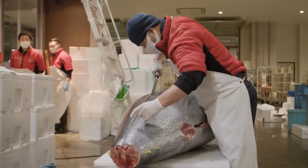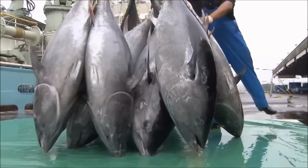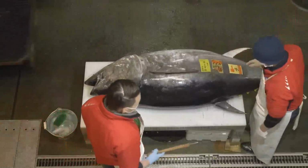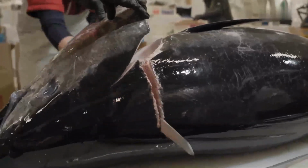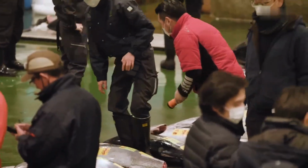Bluefin is the most expensive kind of tuna because it's the largest, high in fat, and so rare. They're found across the North Atlantic and Pacific Oceans. In Japan, bluefin are sold at live auction here at Toyosu Market, the largest fish market in the world. Bidders like Takayuki Shinoda have about 15 minutes to check the fresh tuna for any nicks or scratches before the